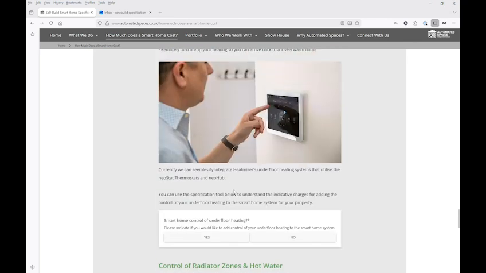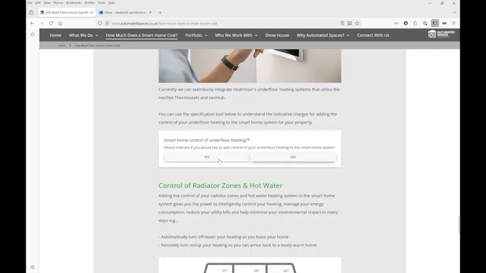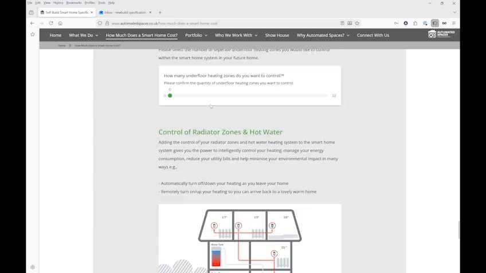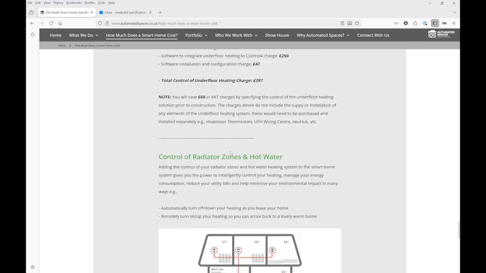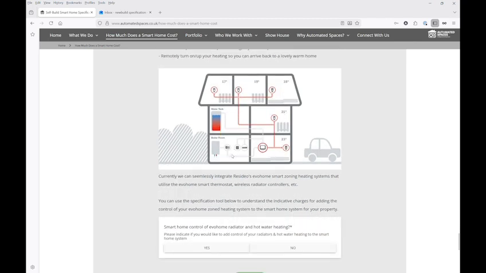So underfloor heating, this would be if you were going with a heat miser system, we can then integrate that into Control 4, and you end up with a full interface so that you can control your underfloor heating system, have the ability to temporarily boost it, see what's happening through that single user interface, which is the Control 4 system. So on this one, I'm going to say yes, and how many zones of underfloor heating will there be on the heat miser? So select the zones,